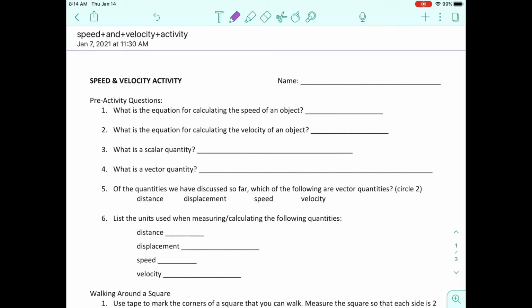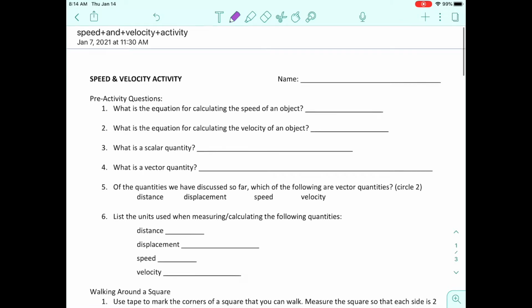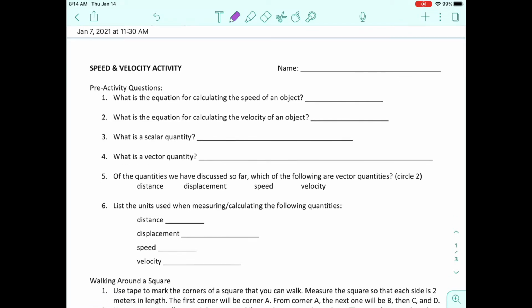So this is the speed and velocity activity. This is task 5. We did this in class. We collected the data together, and then we went over this in class. So this is what we went over together in class. So for the pre-activity questions, they're asking about, number 1 says, what is the equation for the speed of an